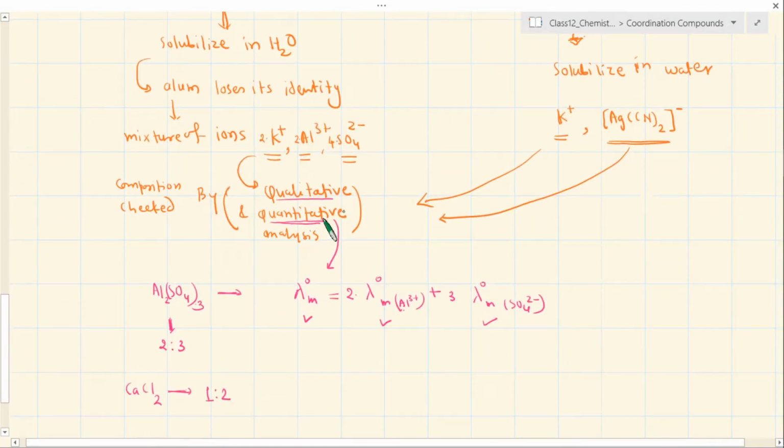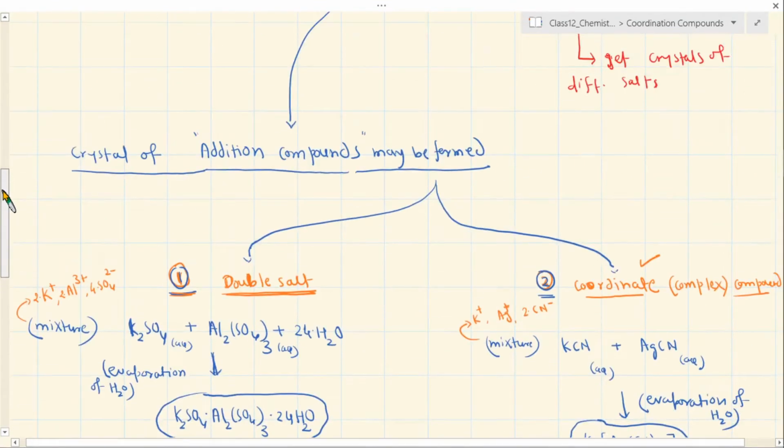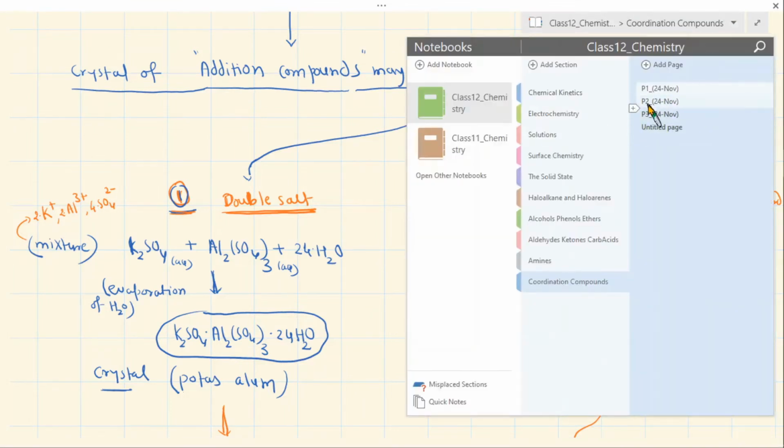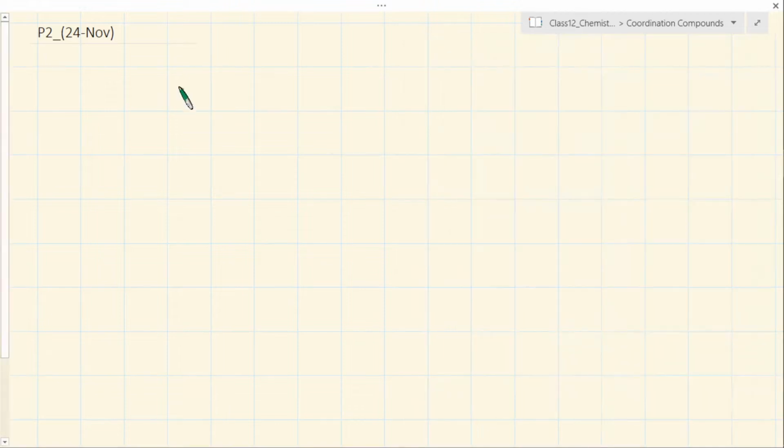Werner's experiment and how he established that there is a different set of compounds existing here in the name of addition compounds, and that is called coordination compound. So let me discuss his experiment. It was a very interesting experiment, and he did this experiment at such an early time, when chemistry was just being established and we were barely able to understand the nature of bonding. His experiment is generally praised because of its simplicity.